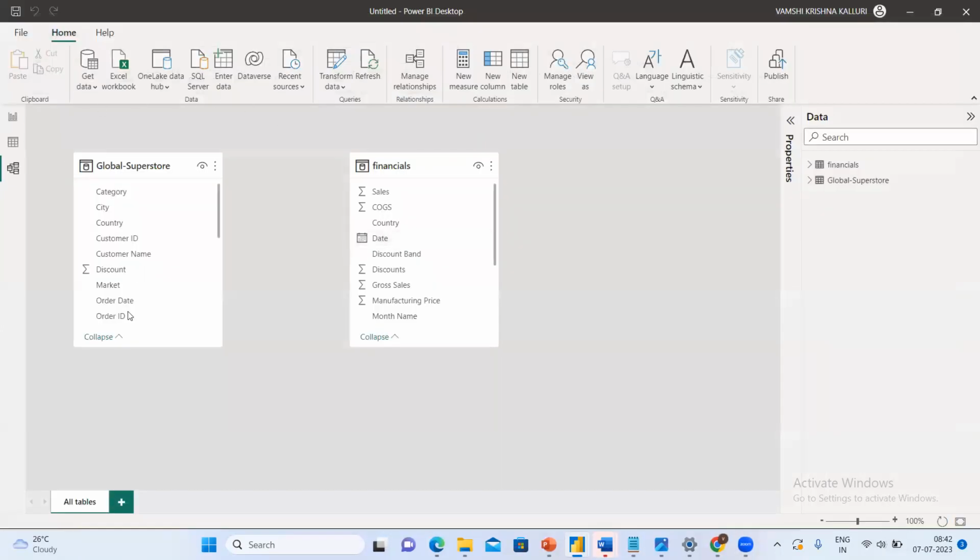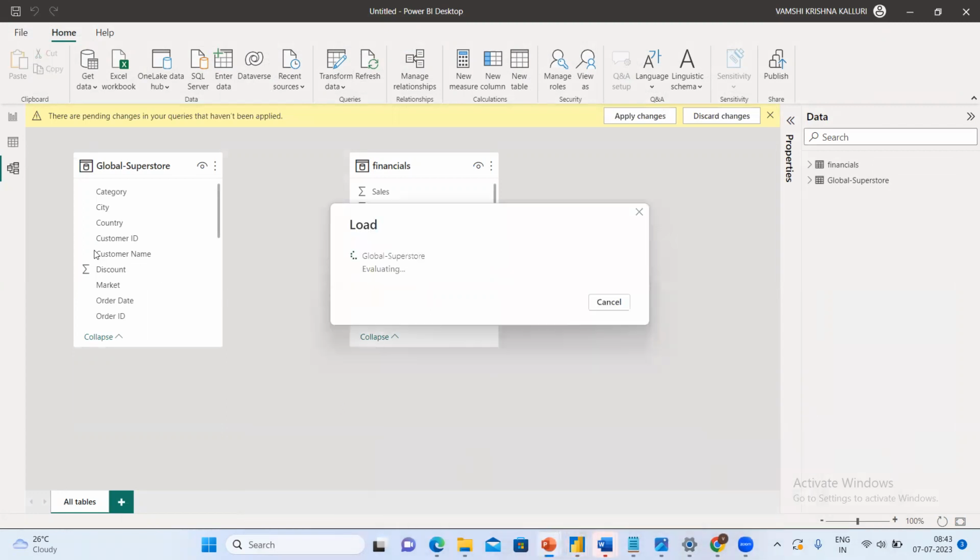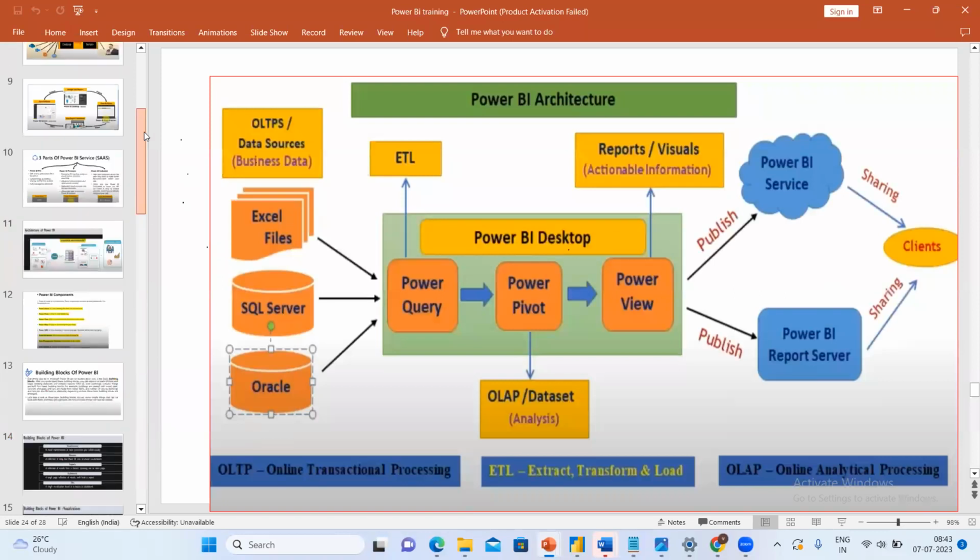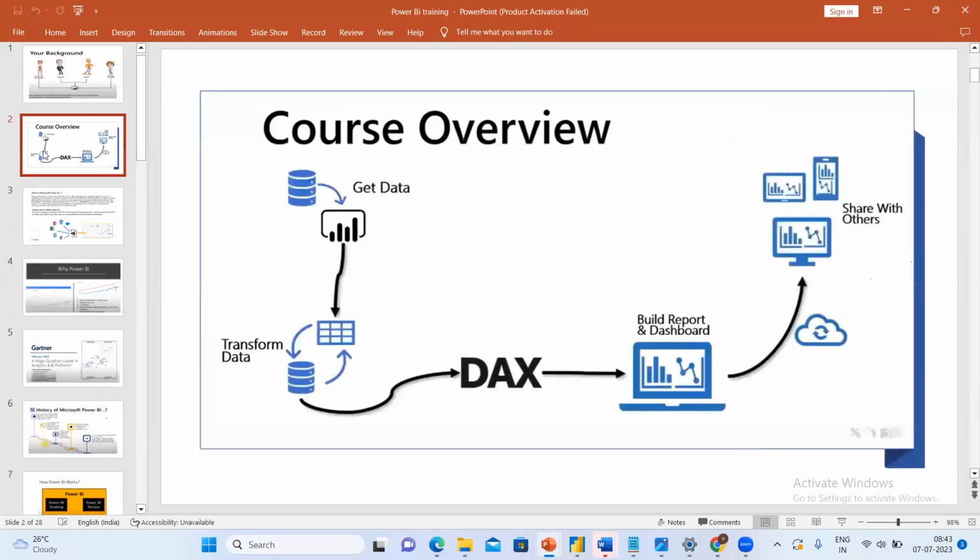Then you will be writing the business logic in the front end. To write the business logic, we have a language called DAX. Guys, whenever a project starts, we'll see the flow tomorrow in the class also. The course overview is: bring the data, transform the data, write the business logic, build the reports and visualizations, and share the report. This is an overview; if you go into detail, there are a lot of things. But this is an overview where you bring the data from multiple sources, do the transformation, and write the business logic in DAX.